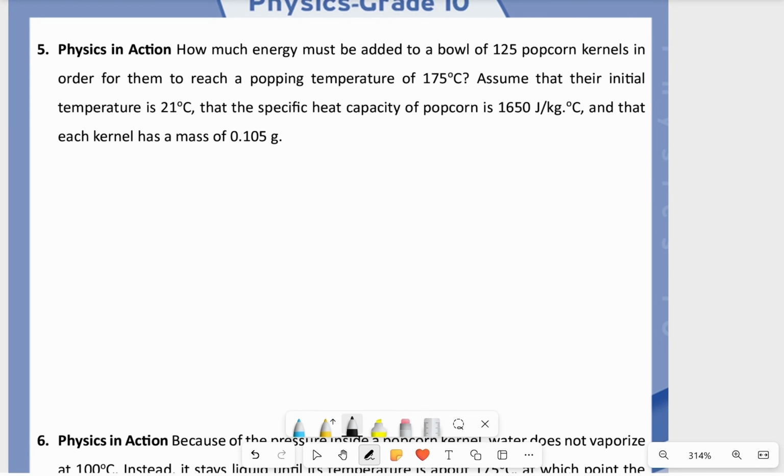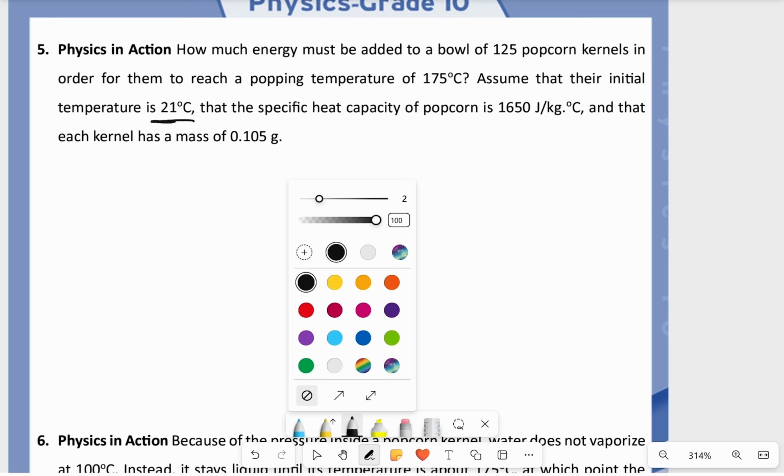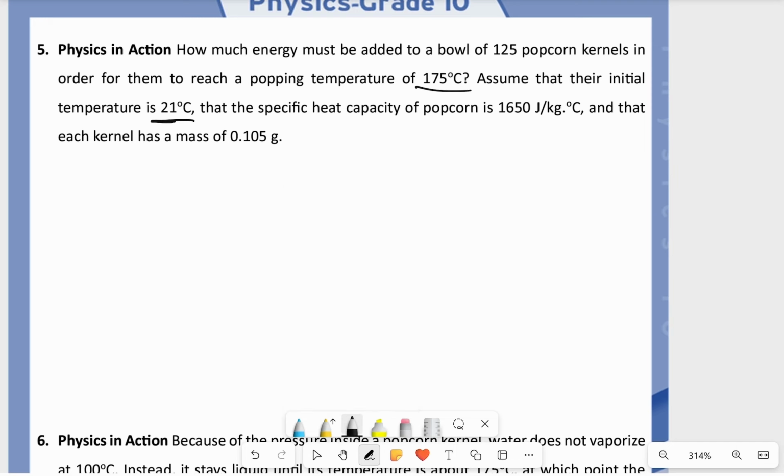Question 5: how much energy must be added to a bowl of 125 popcorn kernels in order for them to reach a popping temperature of 170 Celsius? Assume the initial temperature and this is the final,